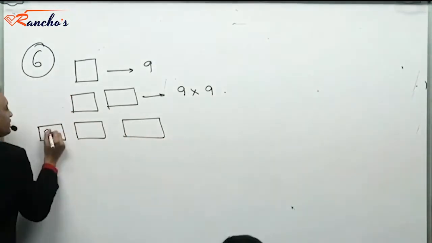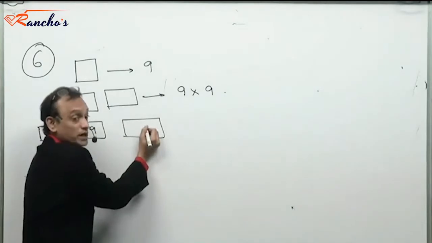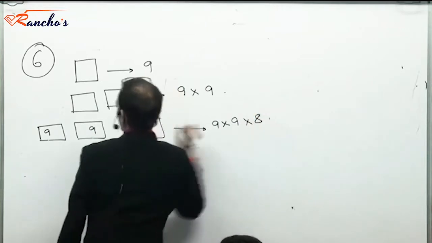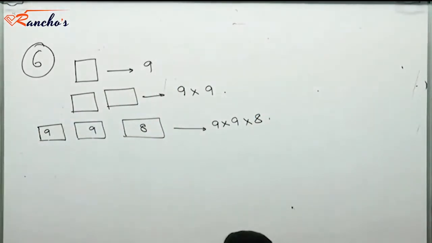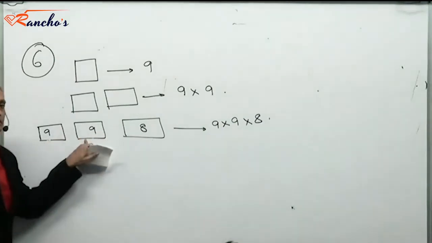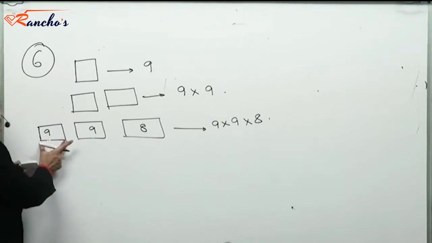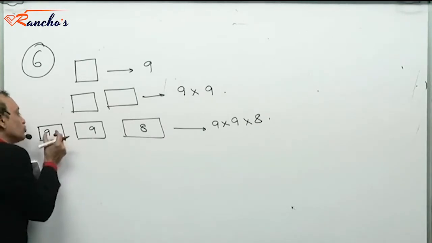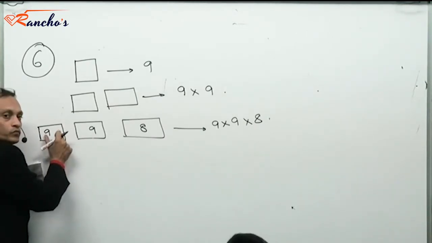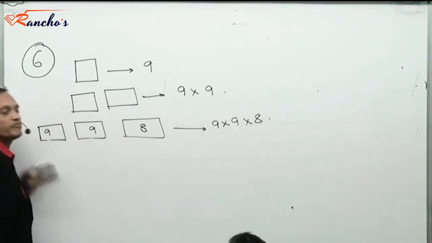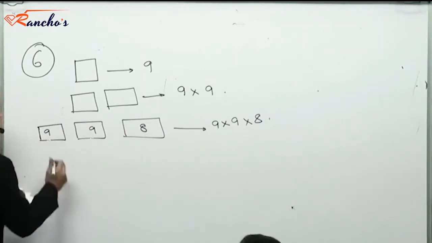3-digit numbers. There are 9 ways of filling up this, 9 ways of filling up this, but 8 ways of filling up this. All digits different. We have taken 0 into consideration, but in a 3-digit number, 0 will not appear here. But 0 could appear in these two places, right? This place can be filled from 1 to 9 only if it's a 3-digit number. So there are 9 ways of filling up this. Now, from 0 to 9, exclude the number that you have registered here. So then there are 9 digits left, and then 8 digits left for the third place. So 9 into 9 into 8.